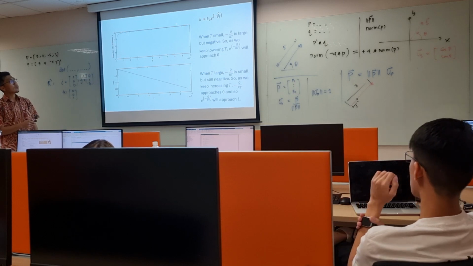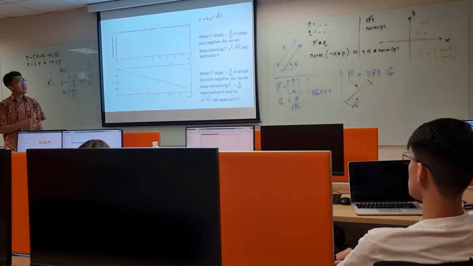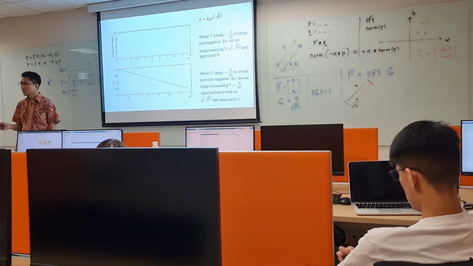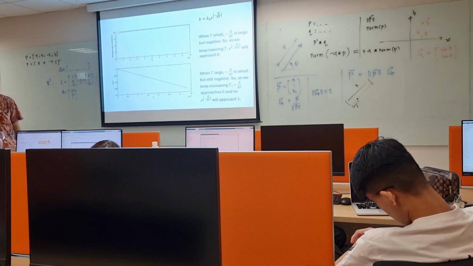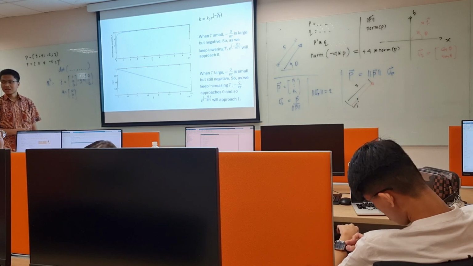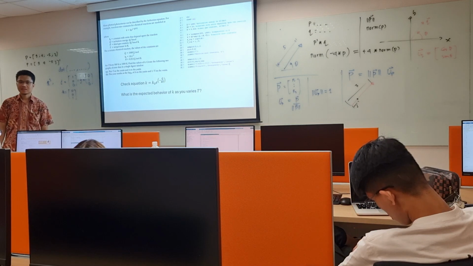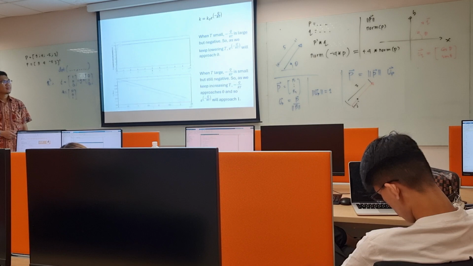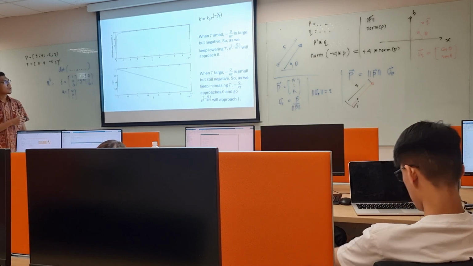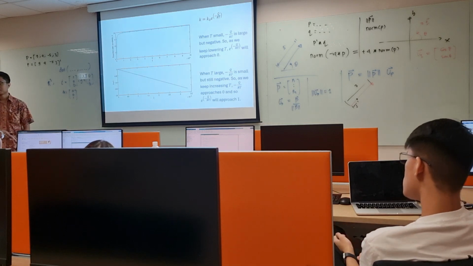Oh, it approached 10. Why? It should be approaching 1, right? Why approaching 10? Anyone remember? It's a coefficient. Huh? Coefficient. What's the coefficient? K0. How about K0? K0 is 10, right? So that's what you can explain. Nothing wrong with the graph. And as you lower the t, it will go to 0. That's correct.